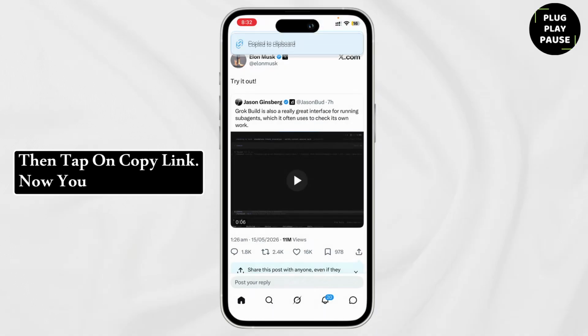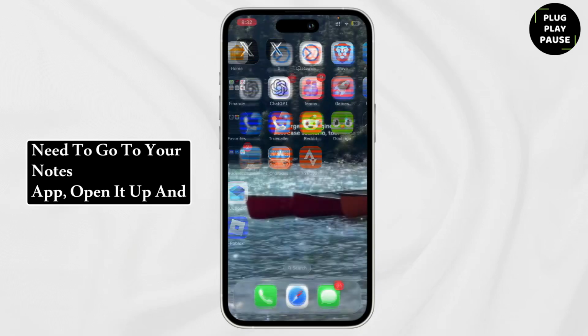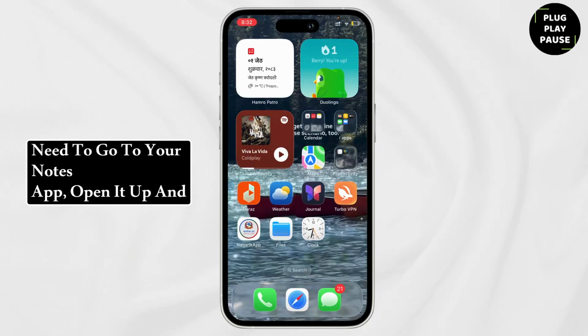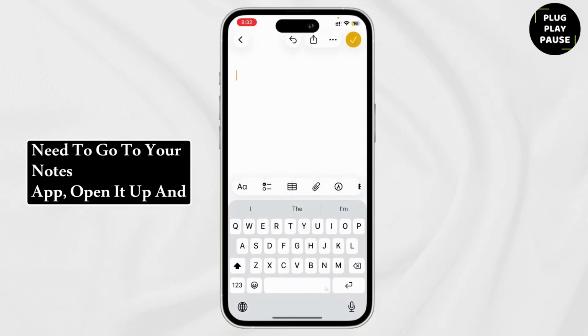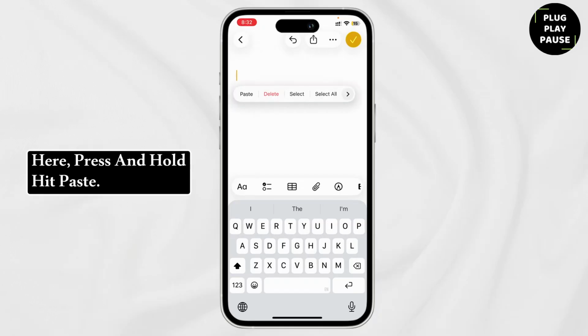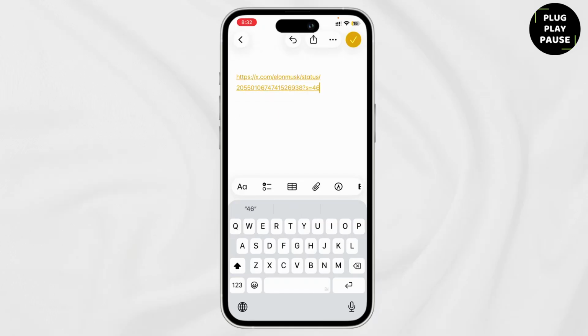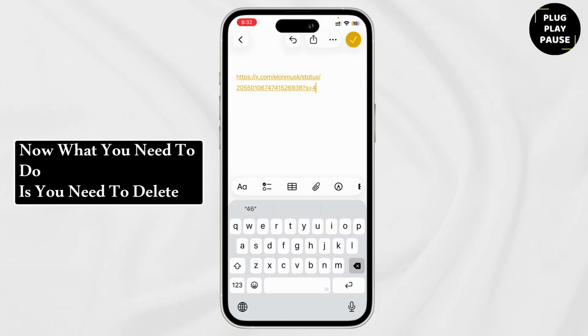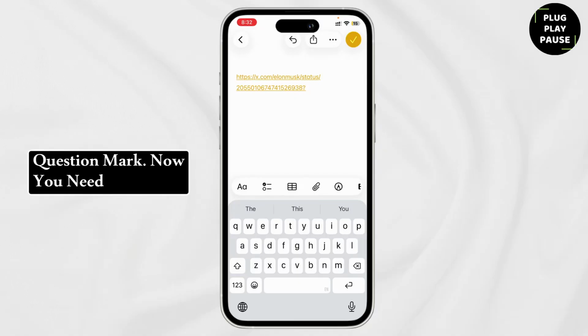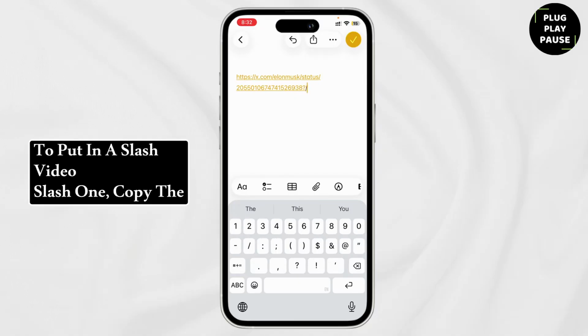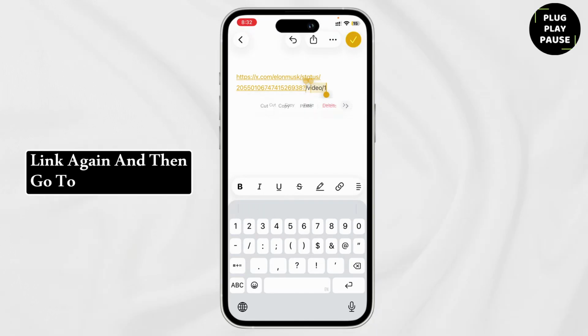and then tap on copy link. Now you need to go to your Notes app, open it up, and then just copy the link here, press and hold, hit paste. Now what you need to do is delete everything after the question mark. Now you need to put in a slash video slash one, copy the link again,